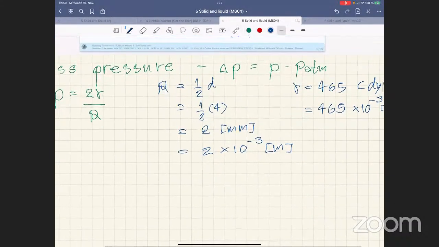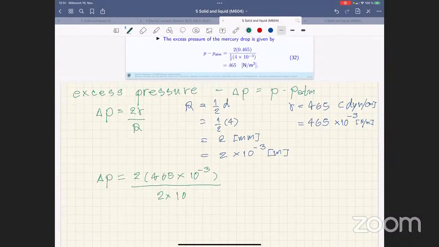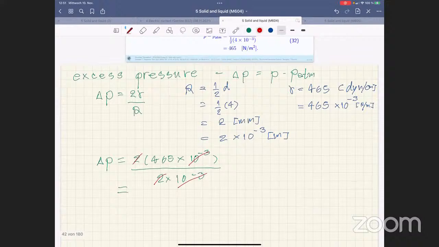Now it's time to substitute everything into the main formula, and 2 gamma means 465 times 10 raised to negative 3, right? And we divide it by the radius, which is 2 times 10 raised to negative 3 again, right? And yeah, you can see that 2 and 2 can cancel, and also this pair of 10 raised to negative 3, and it's equal to